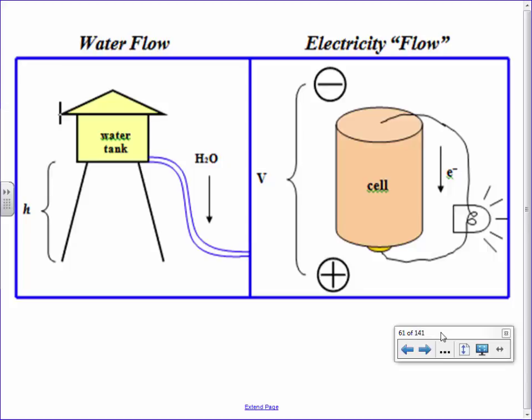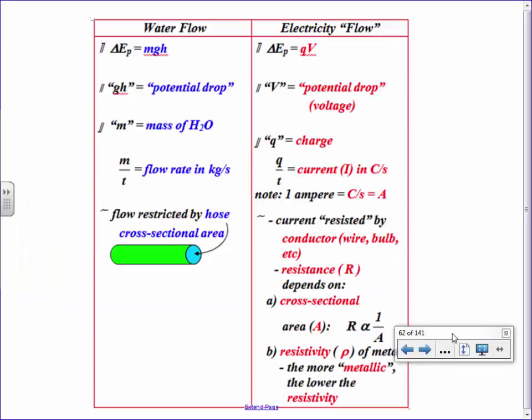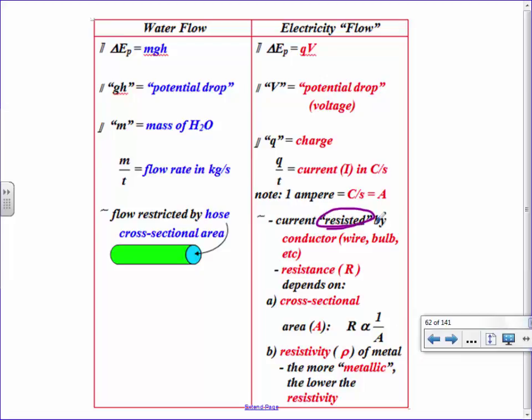Does that make sense? So to recap, voltage is how much energy you're going to have by the time you're done. When you start here and end here, your change in energy divided by your charge, that's your voltage. Your current is basically how fast that occurs. The faster the current, the more charge is going to go zipping by. Here's a slide where it talks about resistance. It depends on how much current is resisted. It could be by the wire, or by, say, the light bulb that you use. You know how you're going to use the electricity for something? It's going to have to go through something that does something. That could be your resistance.